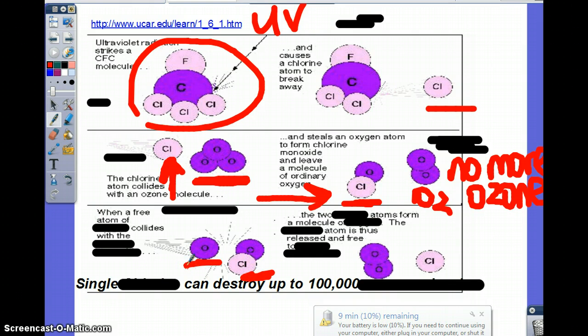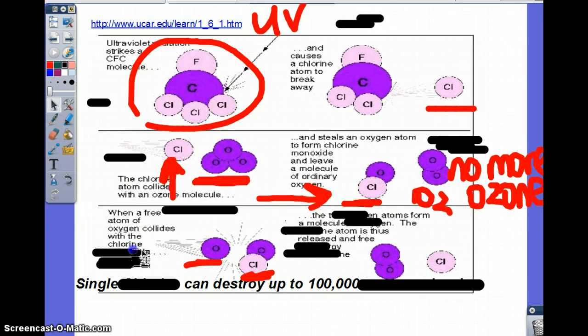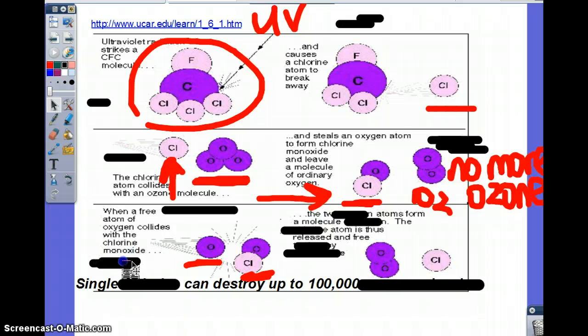So my start is right here, chlorine monoxide. It actually finds an oxygen that's just floating around. Chlorine monoxide collides with oxygen and forms what? Look at the picture. It forms 2 oxygens, an oxygen gas, and what else? Look at your picture. What is this right here? The 2 oxygens. This, what I just pointed to. Chlorine. Now, I just pointed to chlorine.